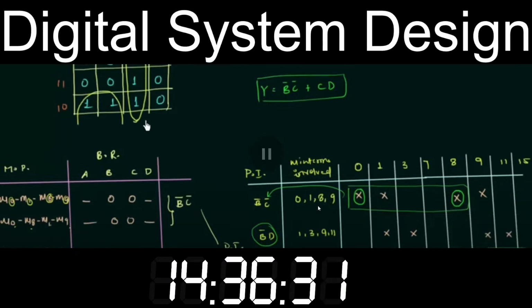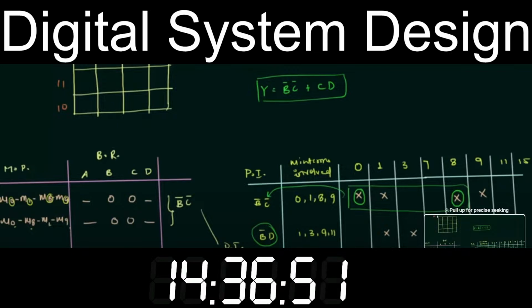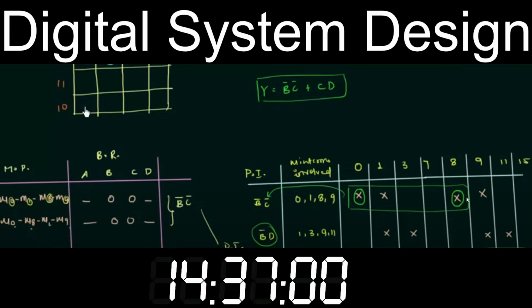Filling in the values: 12 is 0, 13 is 0, 8 and 9 are 1, 10 is 0, 11 is 1, 12 is 0, 13 is 0, 14 is 0 and 15 is 1. So this is what we have,